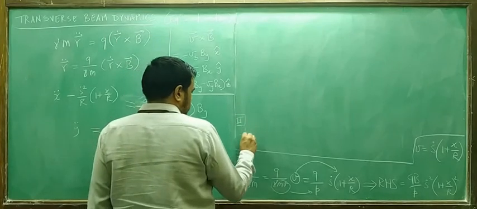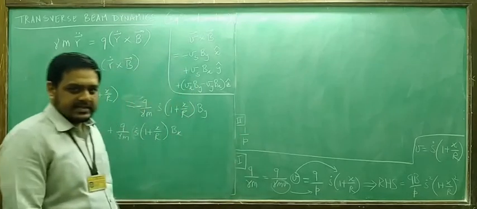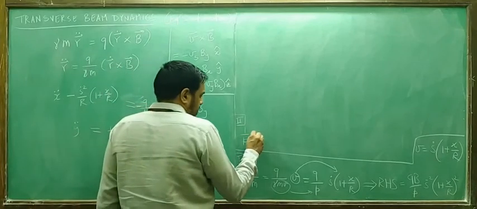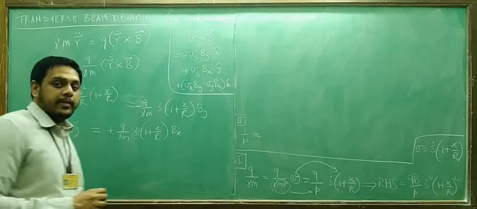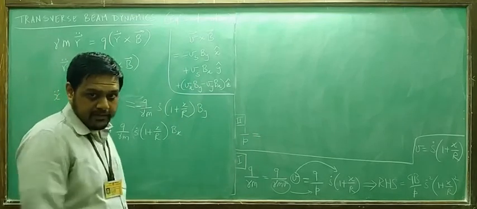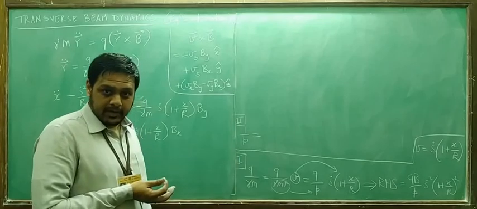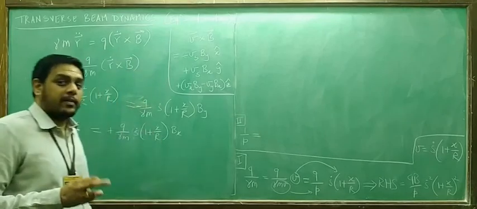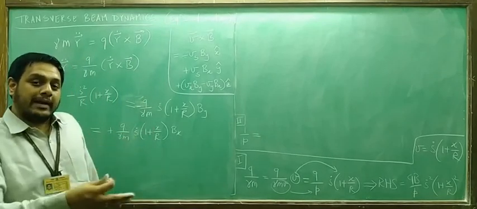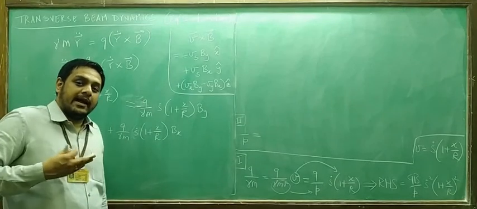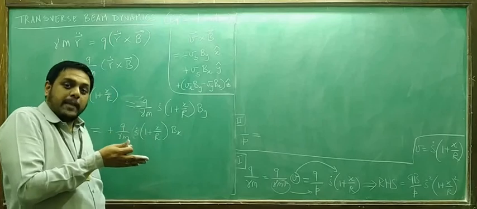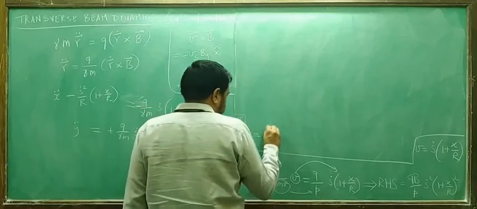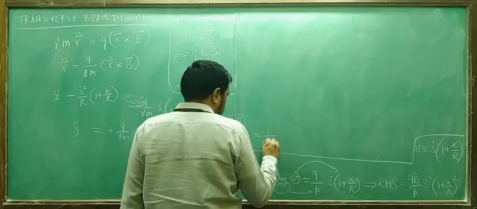First of all, let us consider the term 1 by p. Okay. 1 by p. Suppose there is an actual design momentum which the particle is supposed to have, and suppose this momentum doesn't match that momentum, or there is a spreading momentum around a kind of nominal momentum. Nominal momentum does not mean momentum on the nominal trajectory. It means what should be the ideal momentum at this particular displacement. Your particle may not have that. You may be a little slow or you may be a little fast. Okay. So I can expand this as 1 upon p naught plus delta p, let us call it.